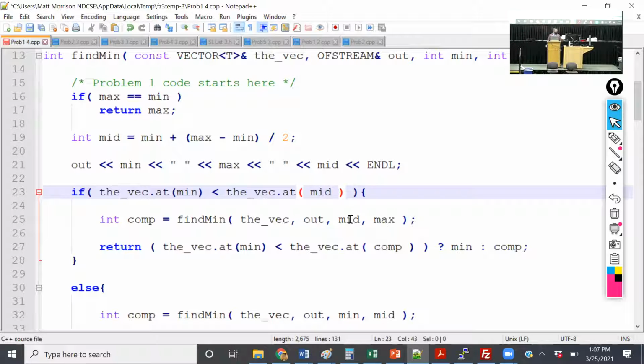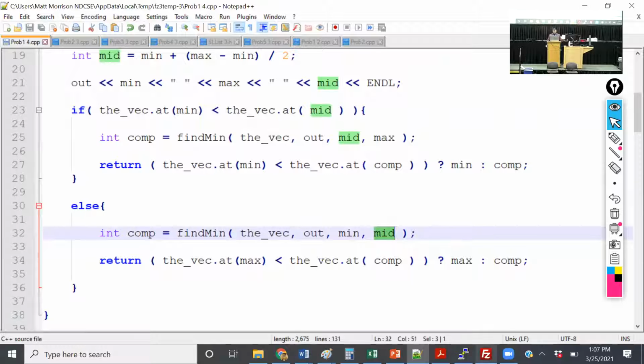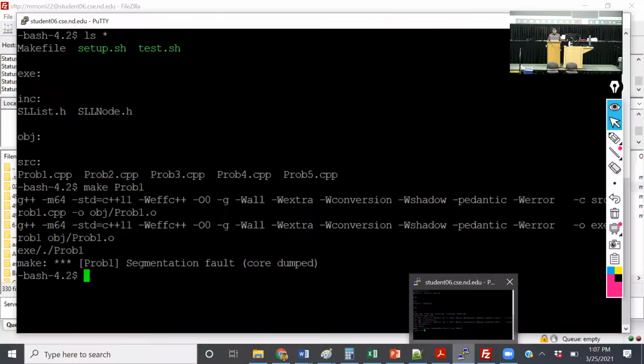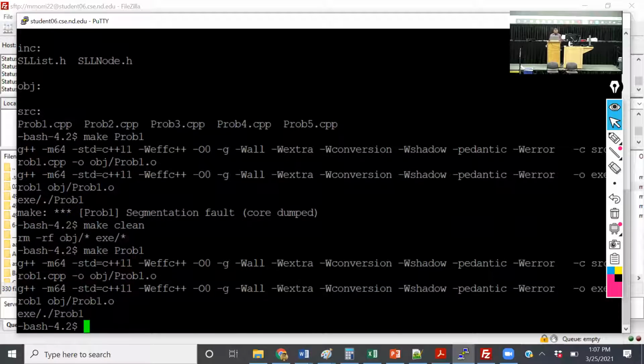The vec out mid and max. That did that right. Min, comp. Here otherwise, min and mid, max, comp. Okay, so that should fix it. And that will run, and we see that it ran. So when you did get that, I'm going to quickly show this, and I'm going to put the line up